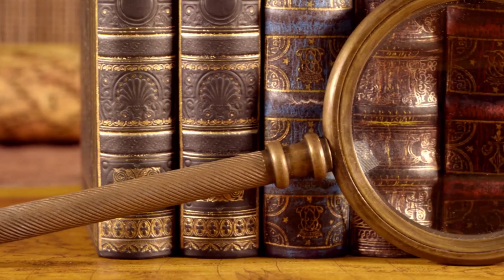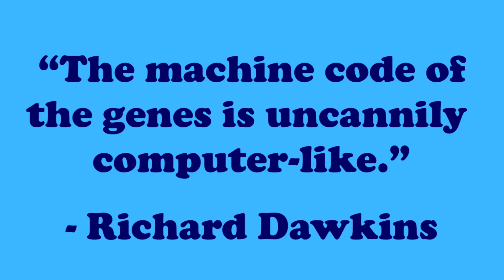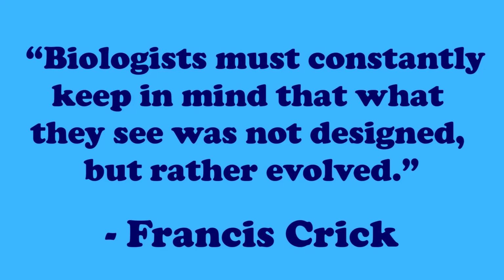In fact, if we untangled a DNA strand from one cell of the human body, that strand would be about 6.5 feet long and would contain more information than an entire set of Encyclopedia Britannica. Even atheist Richard Dawkins has said, "The machine code of the genes is uncannily computer-like." And atheist Francis Crick has also said, "Biologists must constantly keep in mind that what they see was not designed, but rather evolved." However, given the specific and complex information stored in DNA, it seems that naturalistic evolution is not